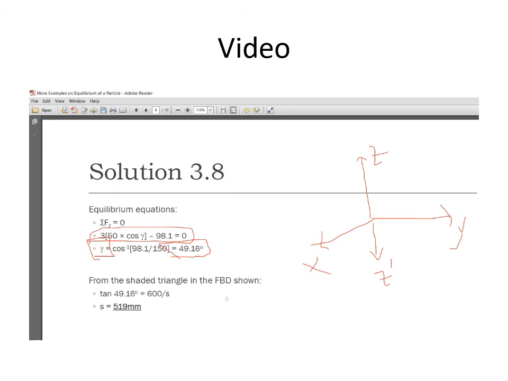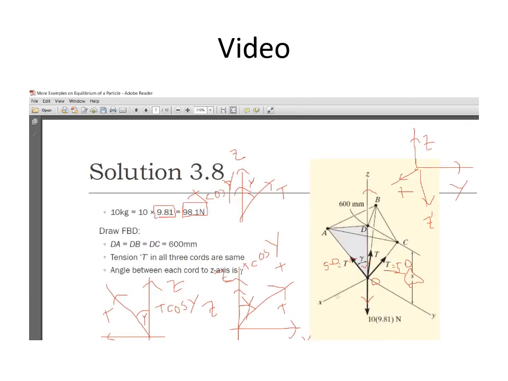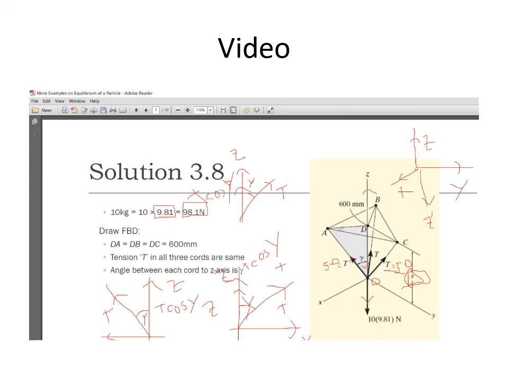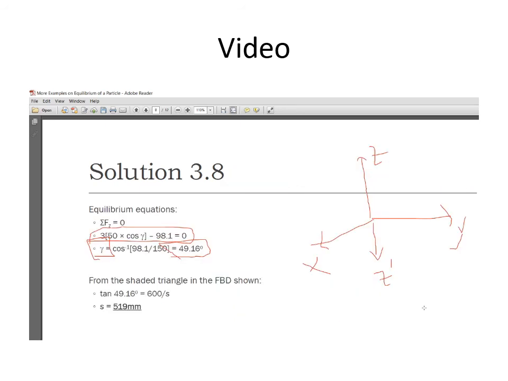So now we need the value of S, the vertical distance that was asked in the question mainly. If we look at the xz plane again, we have the perpendicular distance 600 millimeter, and we only need this distance, which is OD, the horizontal distance, in the xz plane. So if I draw it again like this, in the xz plane only,